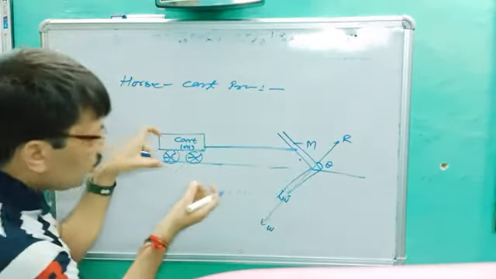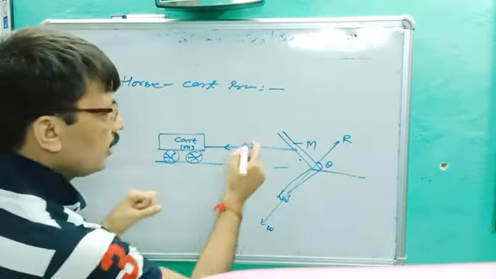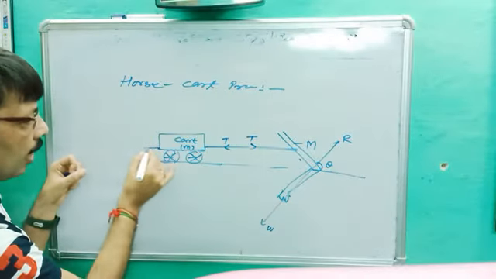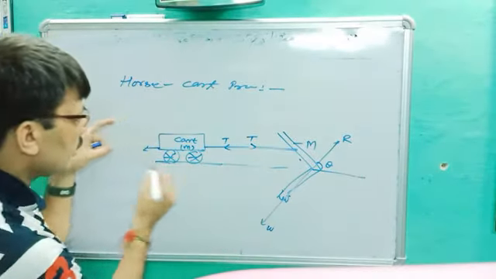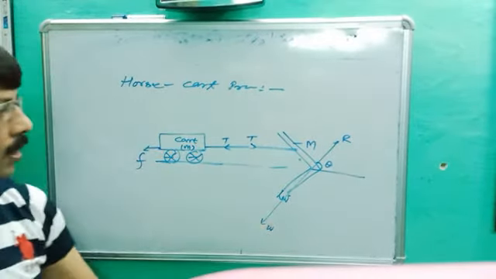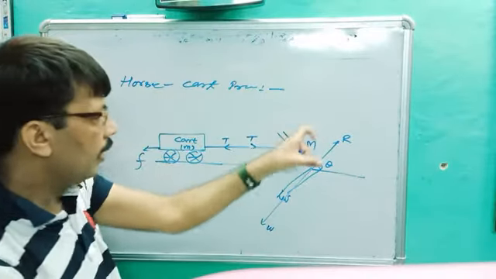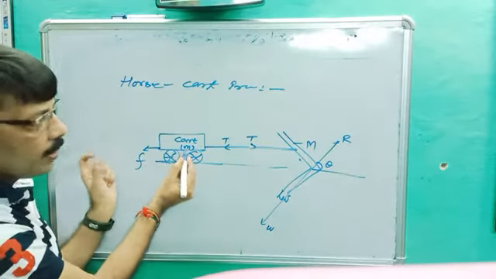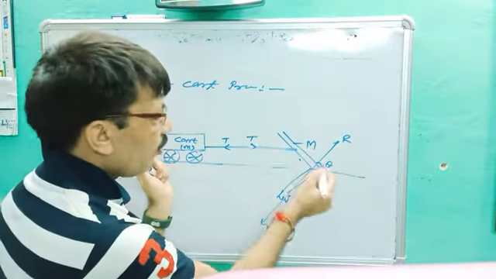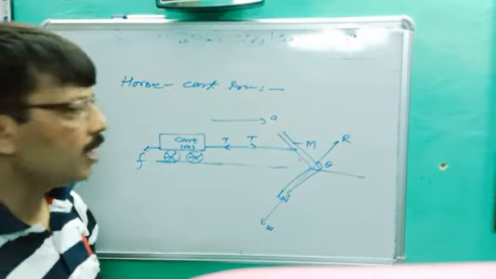When horse will pull the cart, no doubt it will make the tension, and the tension is T. Every action has equal and opposite reaction, and the force applied by cart on horse is small f. Are you getting the point? Horse, this is the horse. Its mass is capital M, cart mass is small m, they are connected by string having tension T, and if horse is running, its acceleration is A. And you better know F is equal to ma or something more.